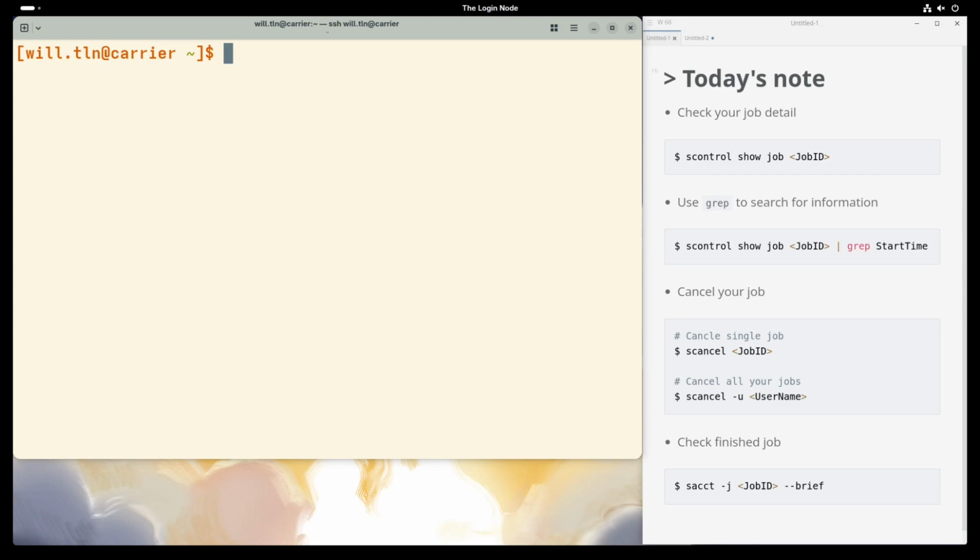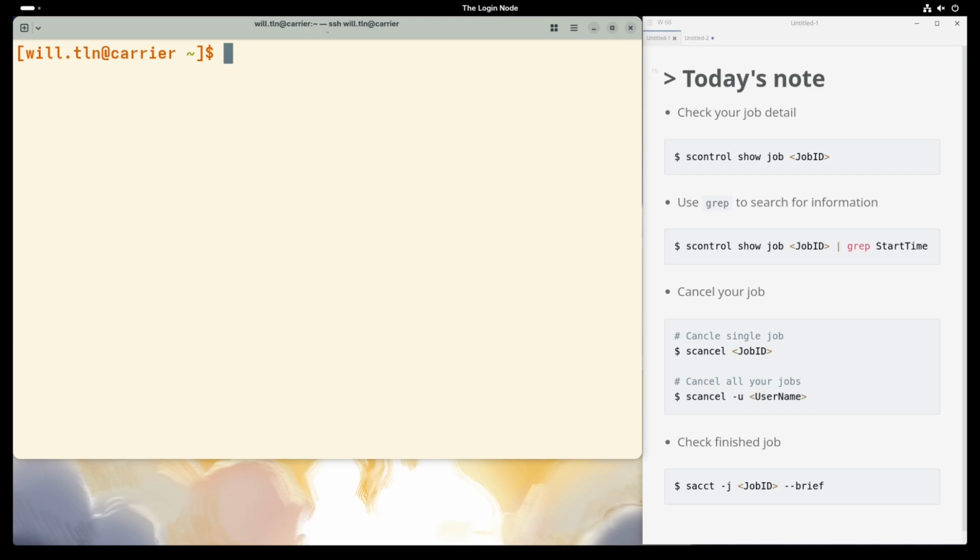And sometimes it crashes silently without leaving a trace. Today, we will learn the survival skills for HPC. We will move beyond the basic commands and learn how to monitor, debug, and optimize your jobs like a pro. This is the final lesson of HPC 101.